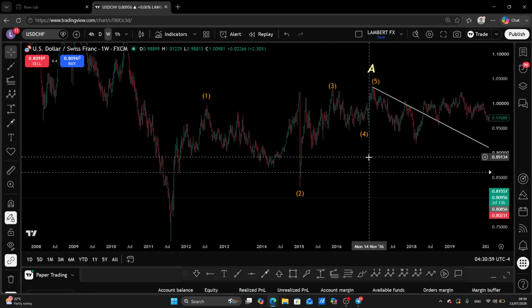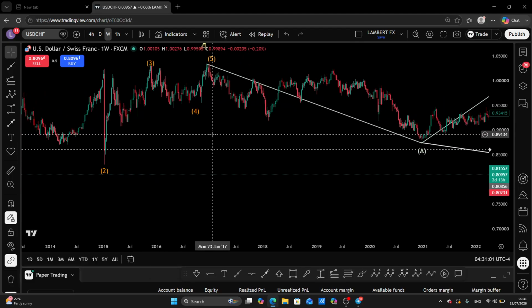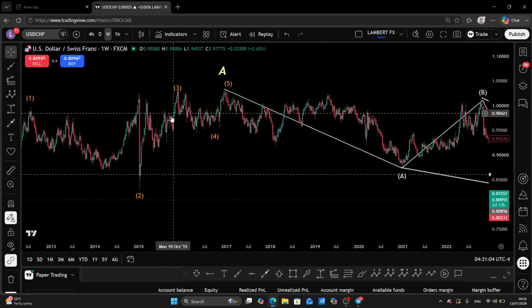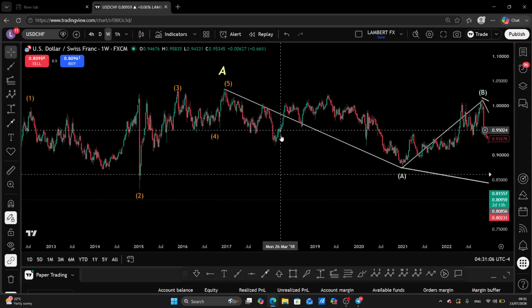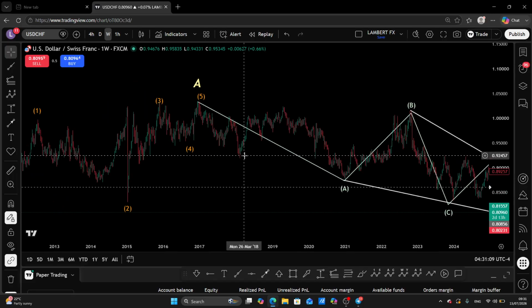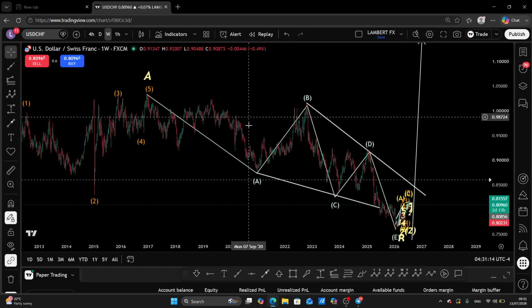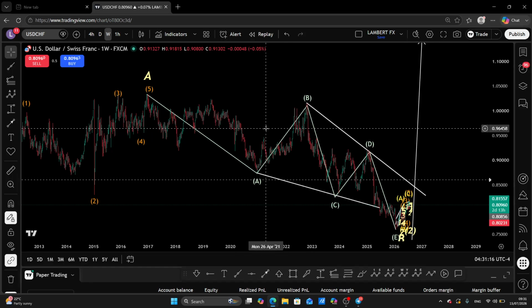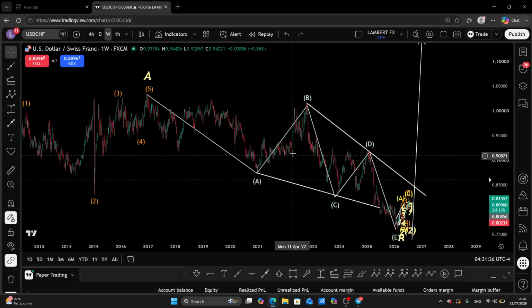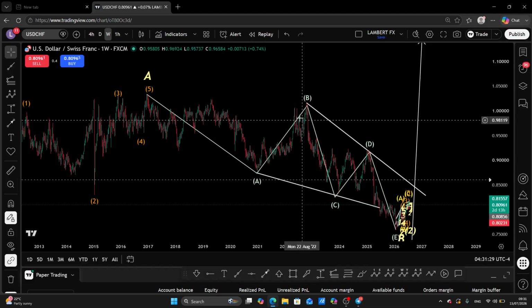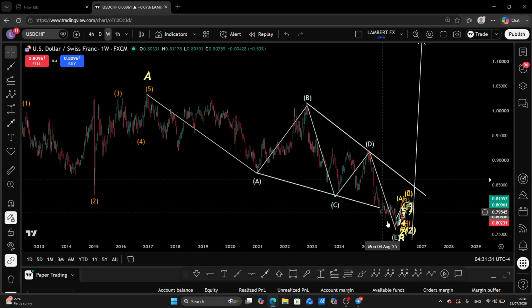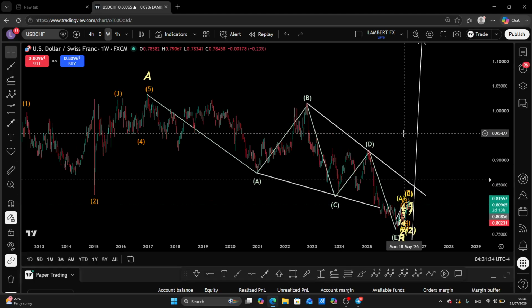And then after the A, we need a B. So because this is identified as zigzag, we need a B. And the B here, what I can see here is a triangle. So you can find a triangle in your leg B of your corrective legs, or you can find them in your leg 4 of your impulsive leg. Like I said, this is not an impulse, this is a correction. Yeah, so our leg B, a triangle A, B, C, D, E just completed,